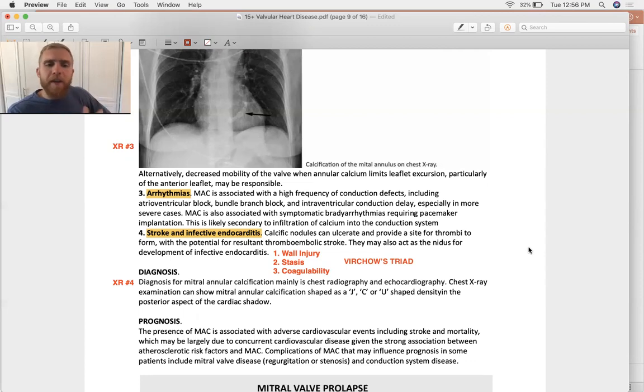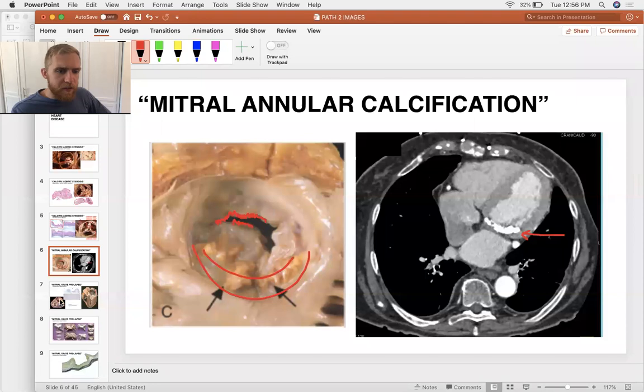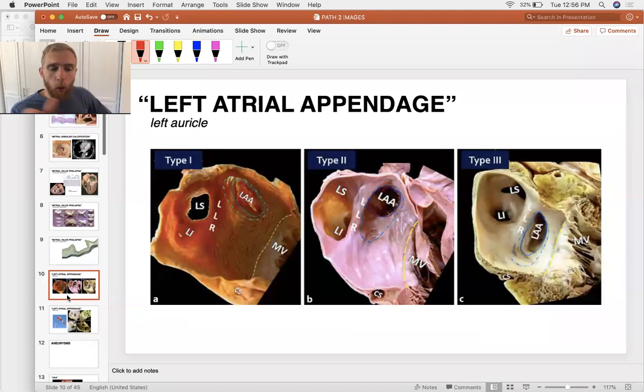And this is occurring in the left atria, specifically because the left atria has this thing on it called the auricle, right? And if we're looking at the left atria here from the inside, we see that the auricle is going to be this sort of cavern in the wall of the atria. And then the mitral valve is going to be down here, right? So whenever you pump blood out of the atria, you're not pumping it into the auricle, you're pumping it out